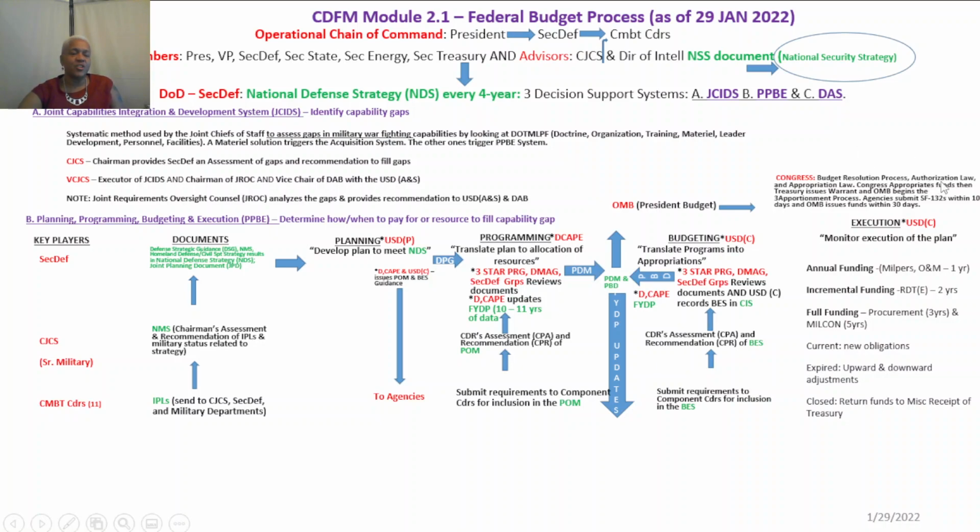The authorization phase is the House Armed Services Committee and the Senate Armed Services Committee. At the end of the authorization phase, that bill needs to go to the president for signature